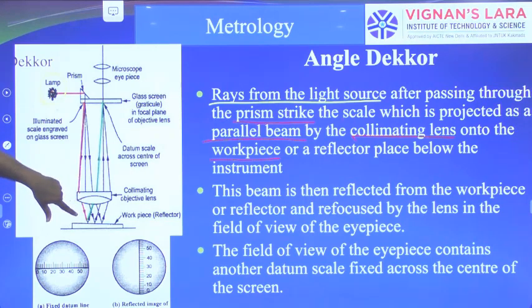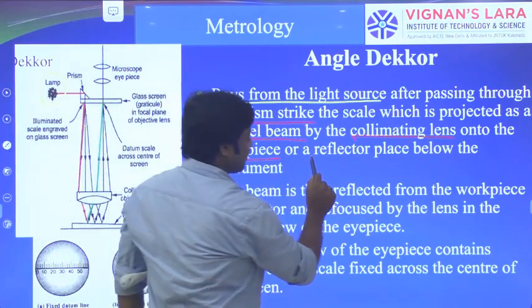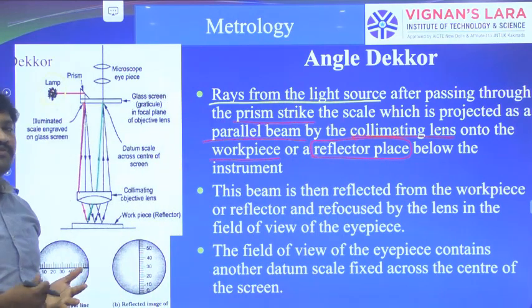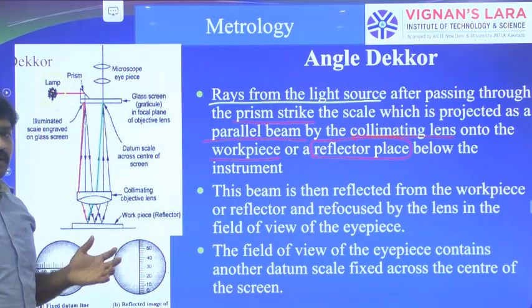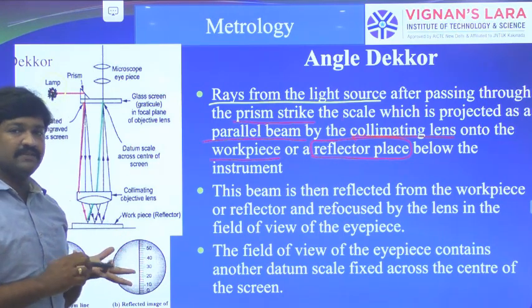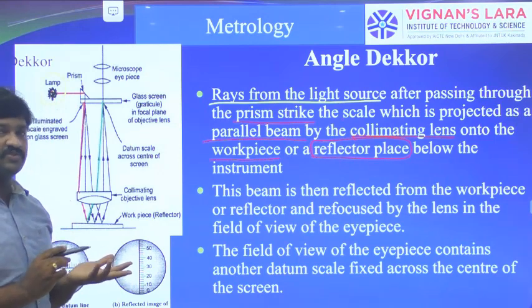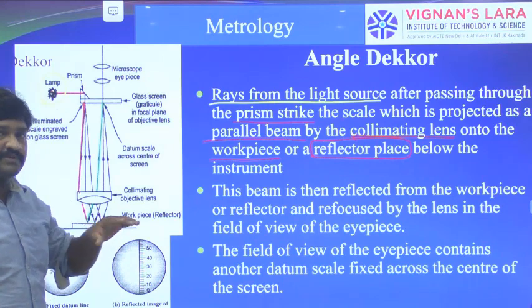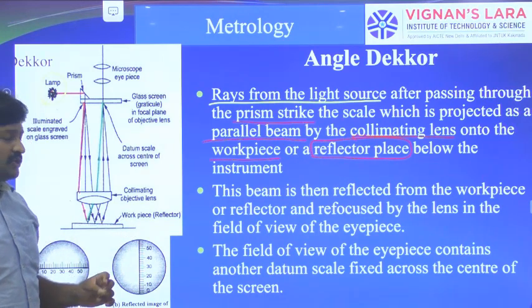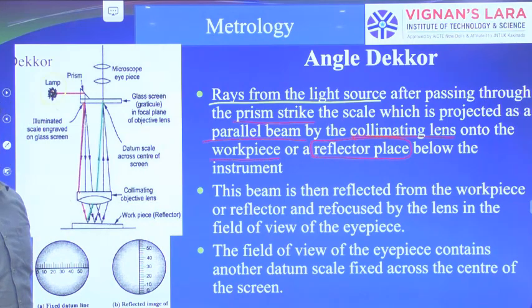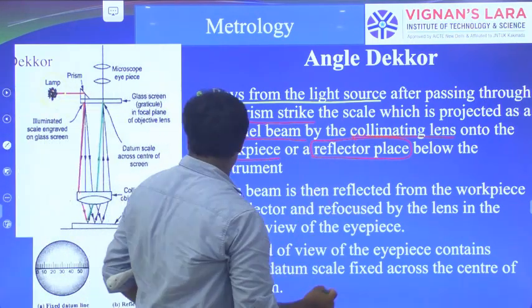So there is a reflector plane below the instrument. Not every workpiece can reflect. In that condition, we can use slip gauges. As we know, slip gauges have parallel faces, and they are highly polished, so the slip gauges have a higher reflection rate. So on the top of the workpiece, we can place a slip gauge also. So, for example,